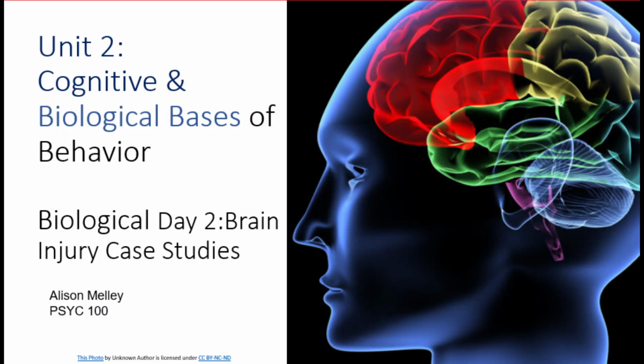Okay, so now we're going to do some case studies on brain injury. Make sure that you are looking at the slides from the first part of the biological section that has the information about where different functions are in the brain. You could also have your reading out, the brain and nervous system reading with the pictures and the descriptions of